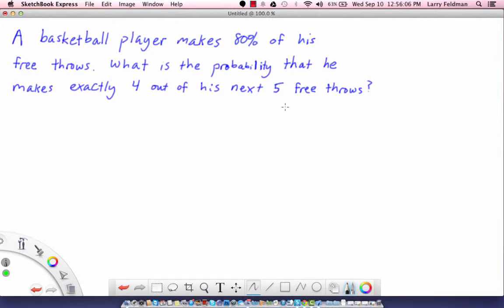In this lesson I want to talk about repeated independent events. Repeated independent events are events in which the outcome of one trial has no effect on the outcome of any other trials. For example, if I flip a coin and I flip heads, the next flip has a 50% chance of being heads and a 50% chance of being tails. Just because I flipped heads on the first trial doesn't mean that the second flip will be influenced by the first flip. That's a common fallacy